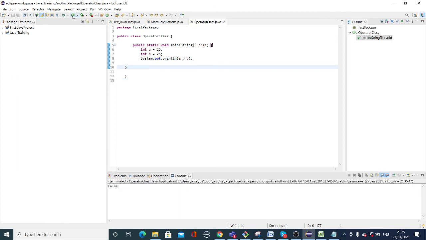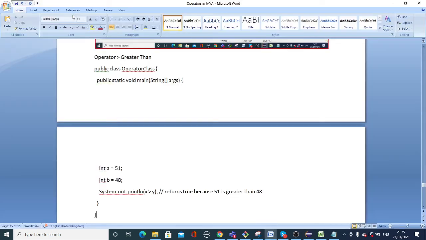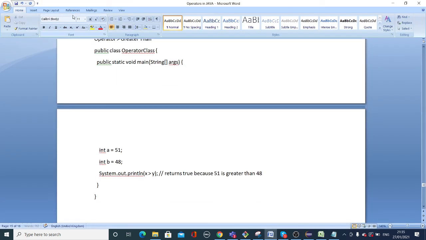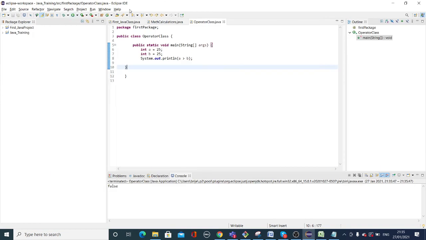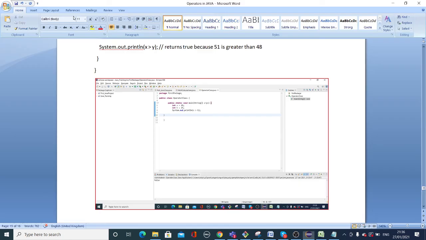False, because it is not greater. Let me put in here 15. Int a equals 25, int b equals 15. System.out.println a greater than b. It is greater than. What would be the result? True.